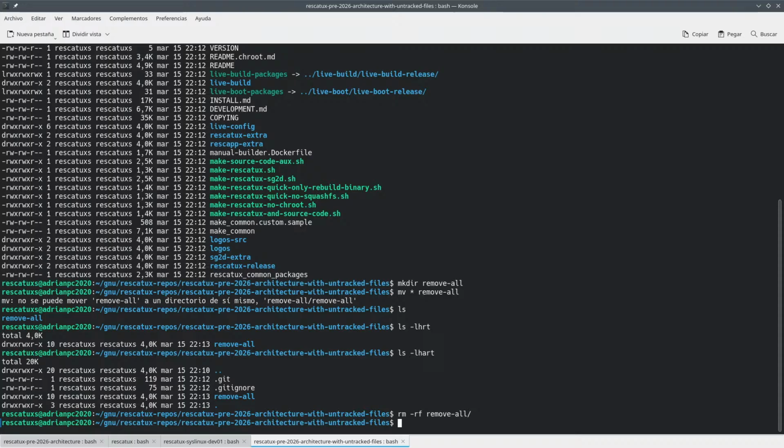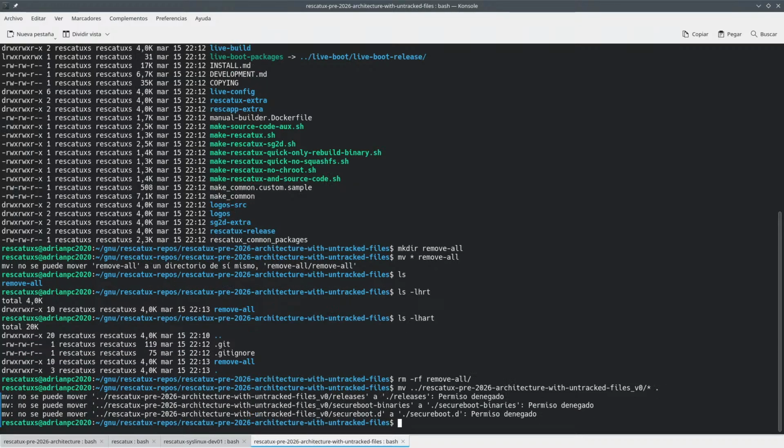And now what I want to be doing is to move Rescatux pre architecture with untracked files version 0 stuff into here, which it won't have. Oh my god, it won't have the